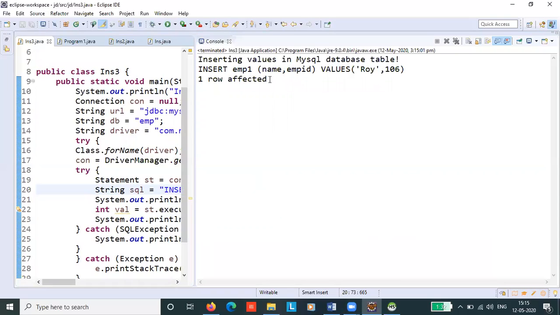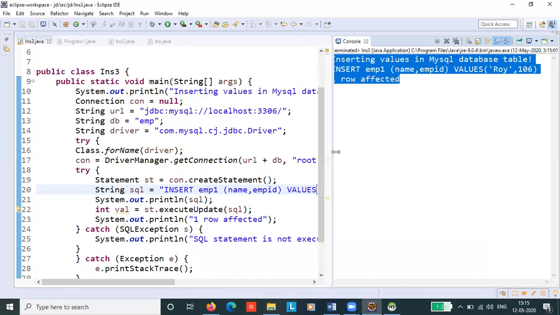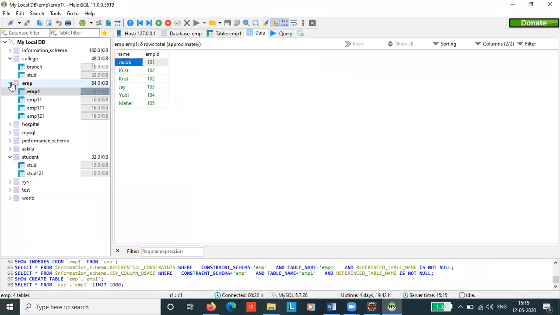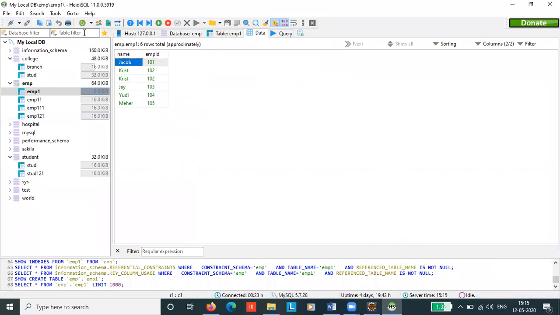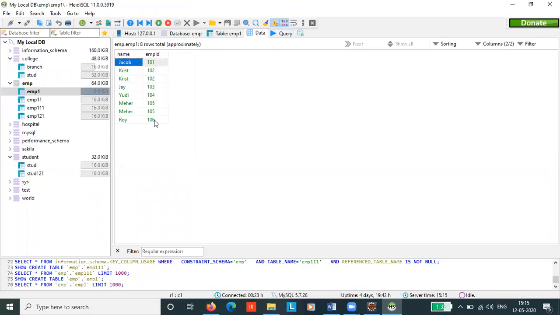Okay, as you can see, it is working. We are trying to insert a value. Let's go and check the database. Let's refresh this. Okay, you can see here Roy 106 is inserted in your database.